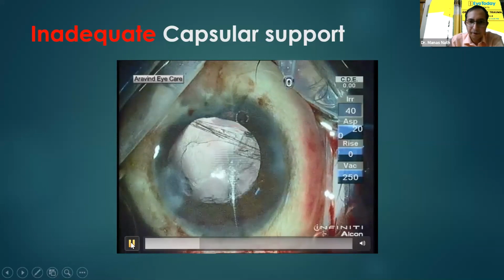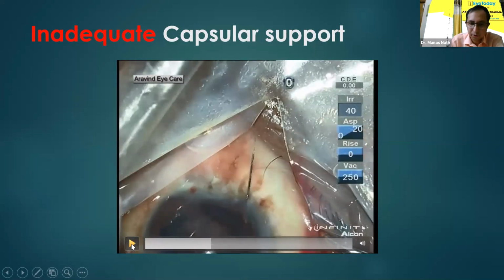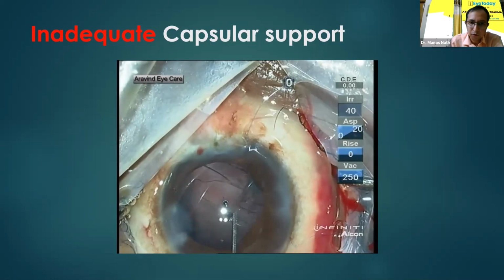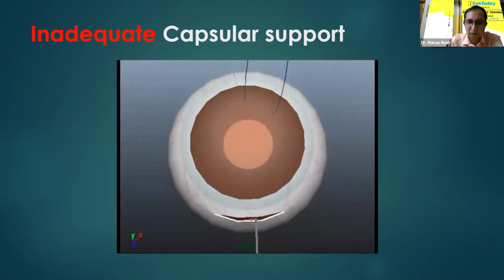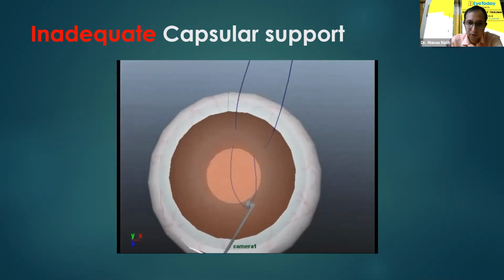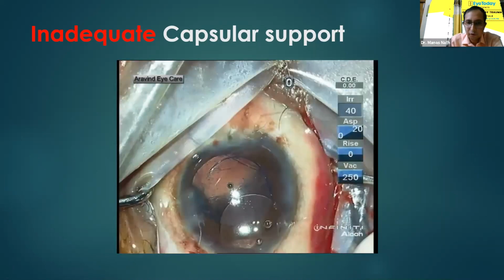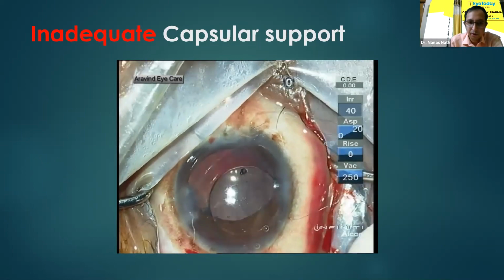So for that, I am passing a 10-0 nylon, a Prolene suture, straight suture through and through the iris, and the loop which is there below the iris will be taken out of the tunnel with the help of Kuglen's hook. This animated video will further explain. The loop is taken out of the tunnel and will be looped twice on the leading haptic of the 3-piece IOL, and carefully the leading haptic is placed in the sulcus, followed by the trailing haptic.